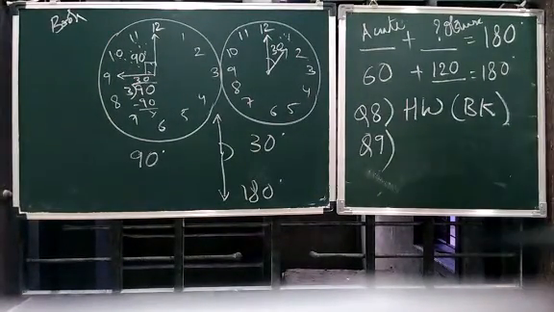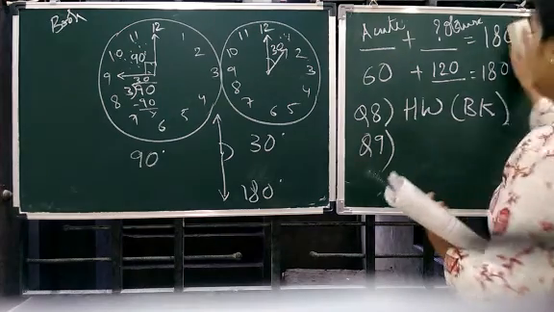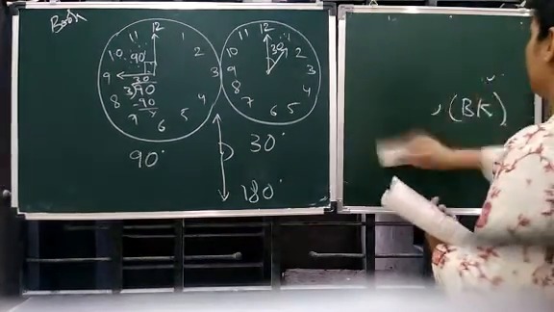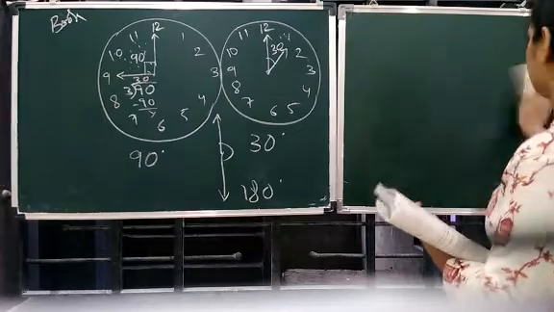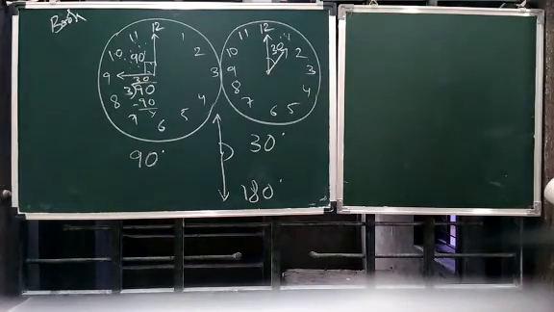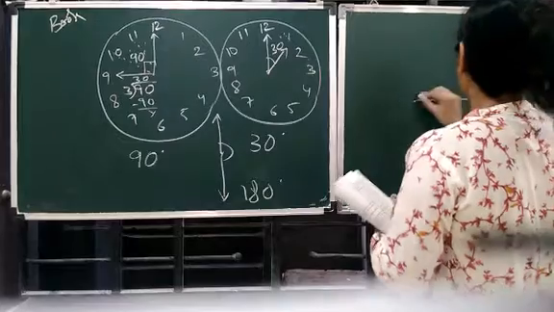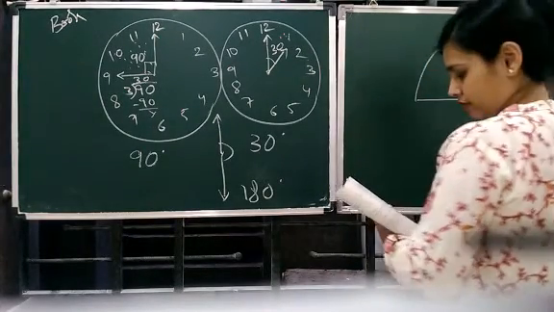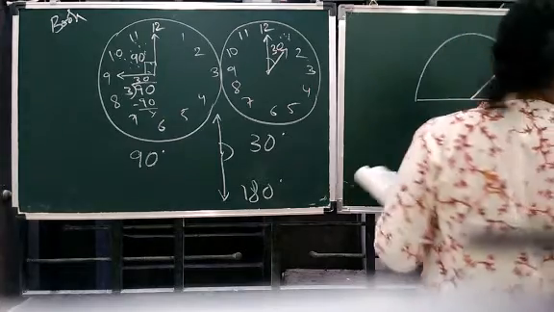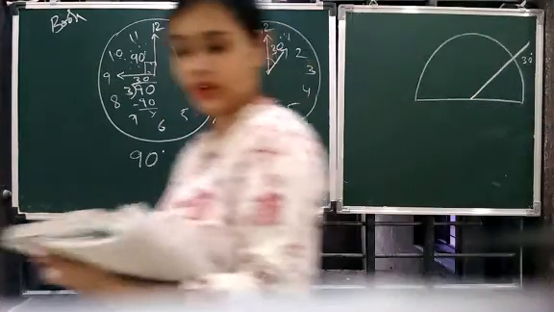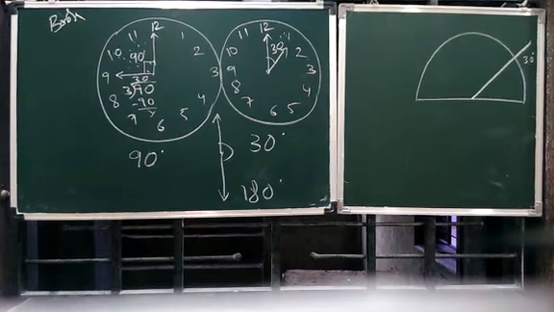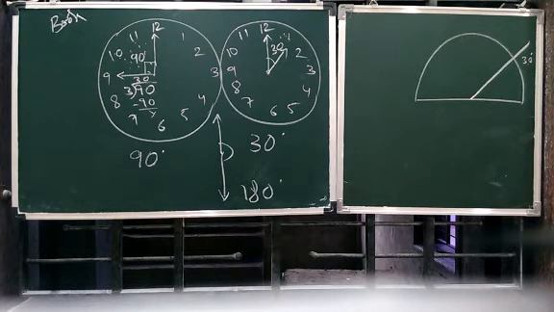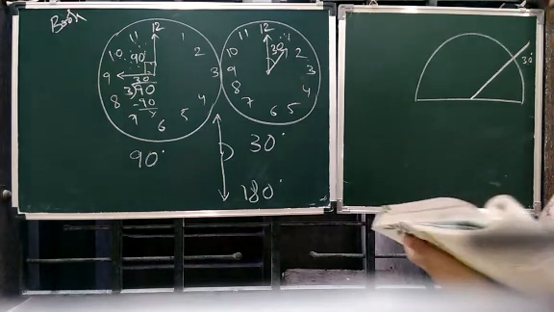Now we have to investigate question number 10. Question number 10 only. We have to do the investigation. Let's start. Let's become CID. It is written here 30 degree. Now, in the given figure, the angle measures 30 degree. Yes, we all can see that the angle is measuring what? 30 degrees.